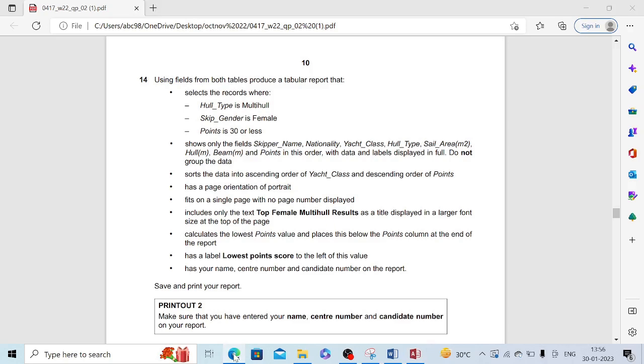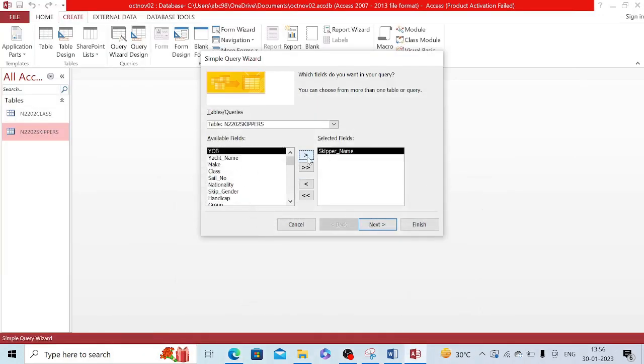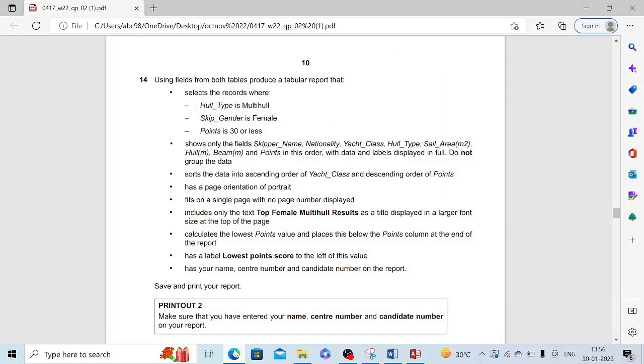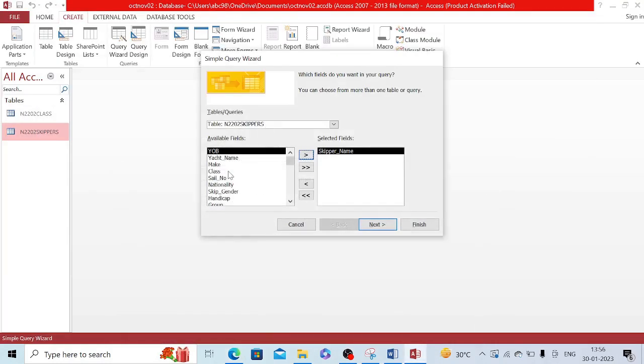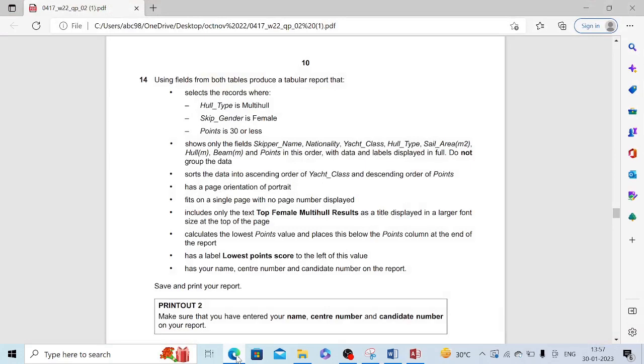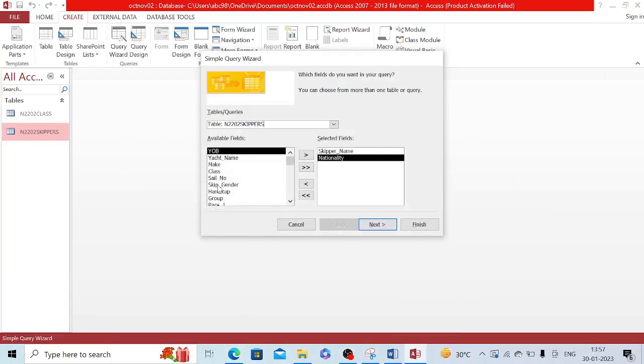Here is the first field. The first field is skipper name. Then second, nationality. Nationality is there? Yes, nationality. From the tables we have to select. Table names will be displayed here. Nationality. Then yacht class. I think the Yacht class field is not here. We'll check in the Class table. Yacht class, and then